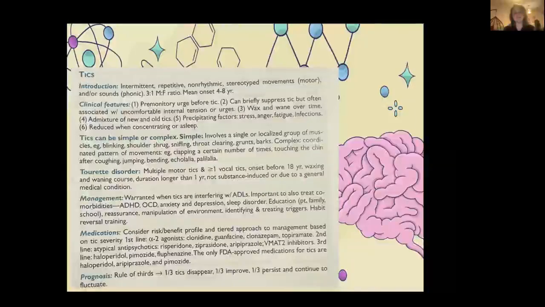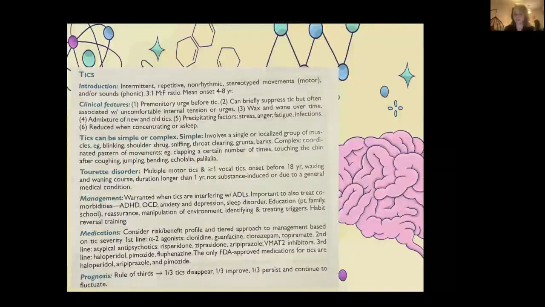Lastly, medications. You need to consider the risk and the benefit profile based on the tic severity. So we have the first line, the alpha-2 agonists, which are things like clonidine, guanfacine, clonazepam, and topiramate, which are things we could try from a medication perspective. The second line would be atypical antipsychotics: risperidone, ziprasidone, and aripiprazole. And the third line would be haloperidol, pimozide, and fluphenazine. However, from all what I just explained, the only FDA-approved medications for tics are actually haloperidol, aripiprazole, and pimozide. The rest have been trialed, and some patients had good responses, so they're included as part of the management plan